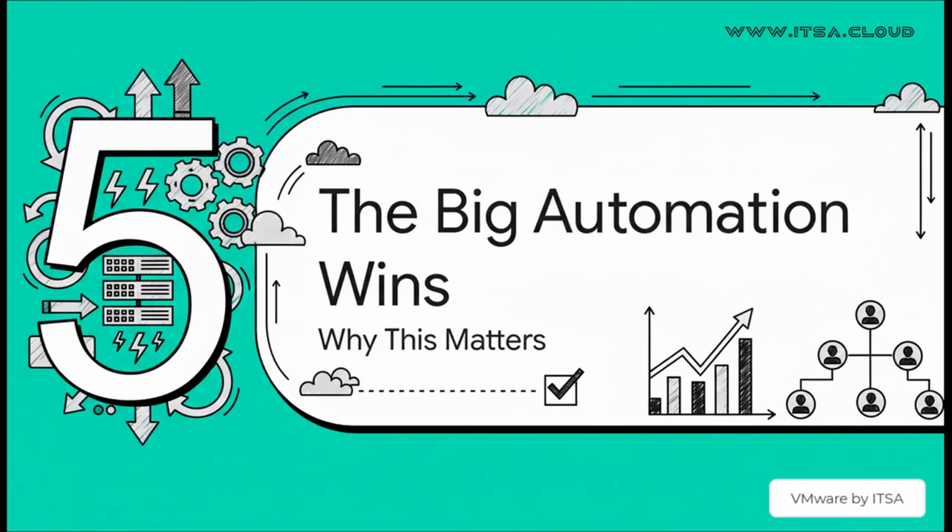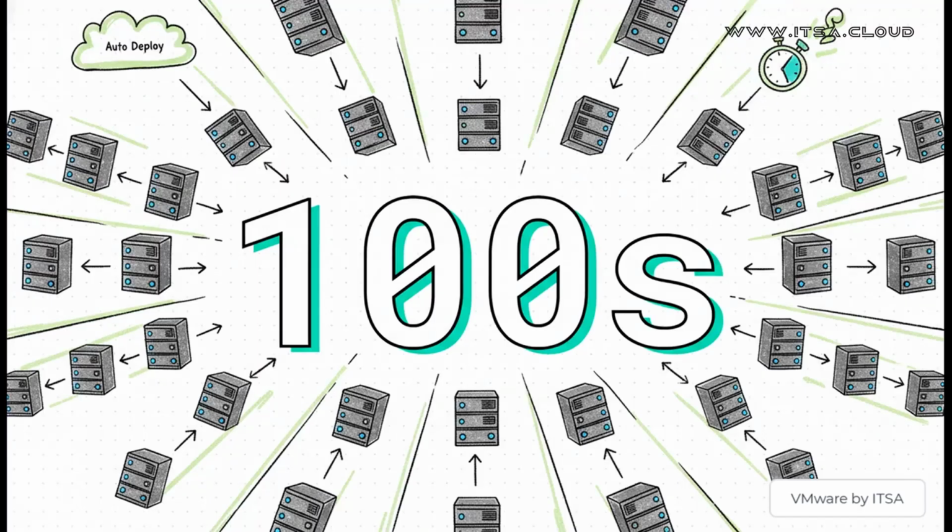Okay, so we've seen the what and the how, but let's talk about the why. Why go through the trouble of setting all this up? This brings us right back to that problem we started with, and it really highlights the huge wins you get from this kind of automation. Because it is all about scale. We're not talking about deploying one or two servers here. We are talking about deploying hundreds of hosts, all of them provisioned identically, all of them configured perfectly, and all of them brought online in just a tiny fraction of the time it would take to do by hand.